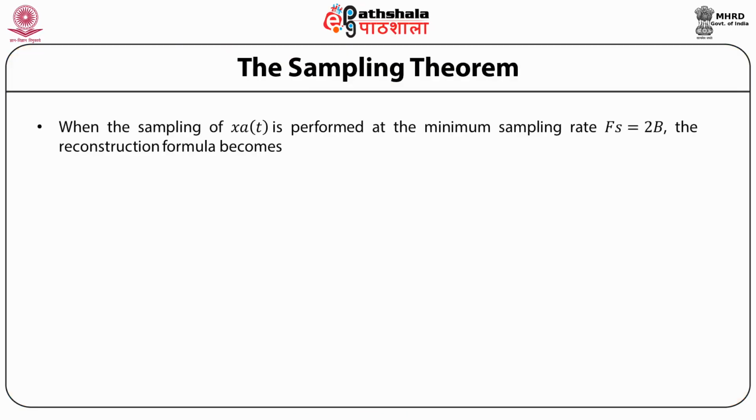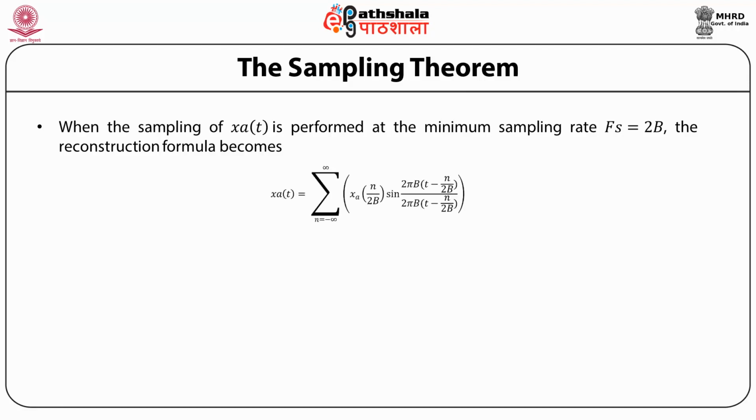So thus x_a(t) may be expressed by the reconstruction formula, that is x_a(t) is equal to summation from n equal to minus infinity to infinity over x_a(n/Fs) multiplied by g(t - n/Fs). When the sampling of x_a(t) is performed at the minimum sampling rate Fs equal to 2B, the reconstruction formula becomes